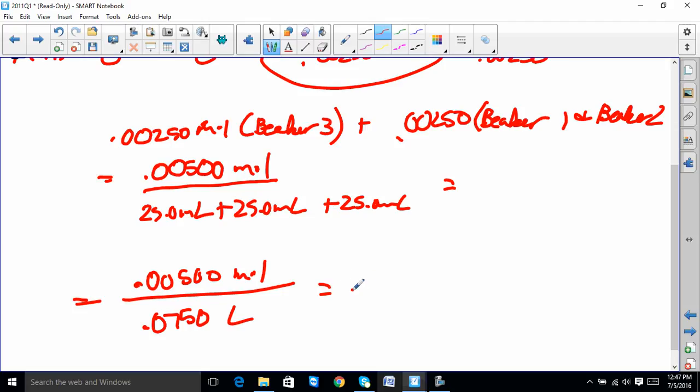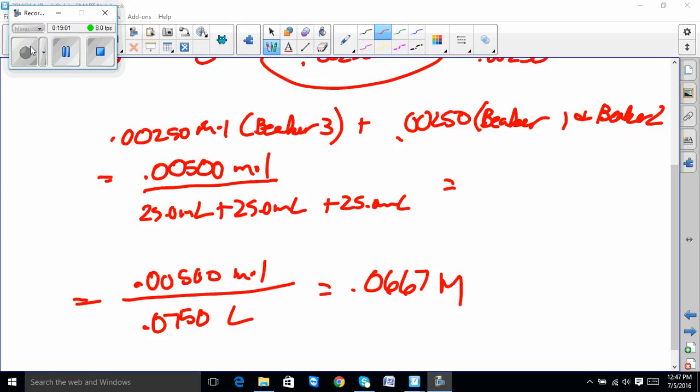And when you do that, you get 0.0667 molar. Let me just check that. 0.00500 divided by 0.0750. Pretty sure that's right. I've worked this problem a lot of times. Yeah, 0.066666. And that is it. And that last question is really, really